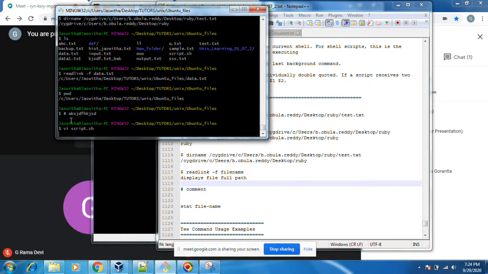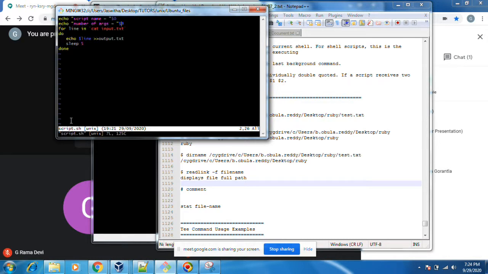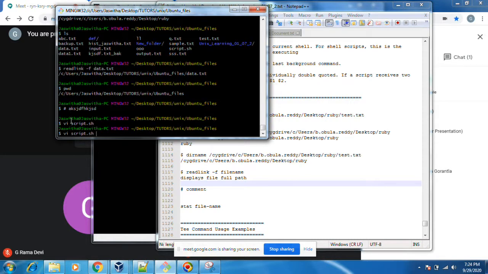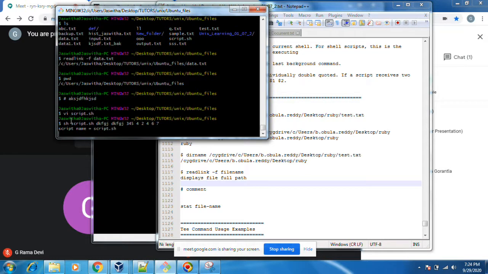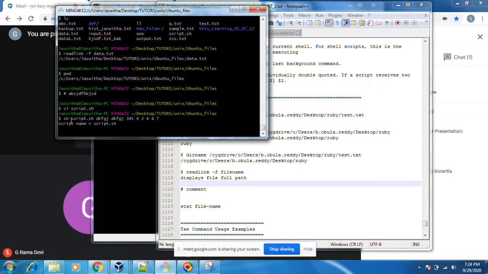In the script, let's say I don't want to execute the first command or second command. If you press insert and put a hash, the arguments will not come in the output. Only the file name will come, because I have commented that line. That line never runs.